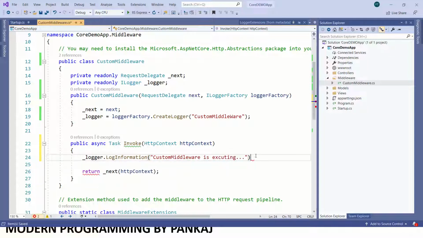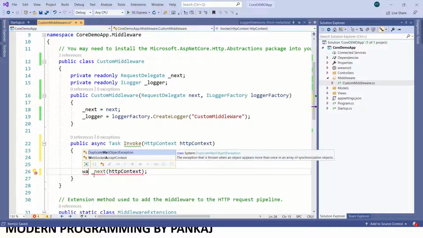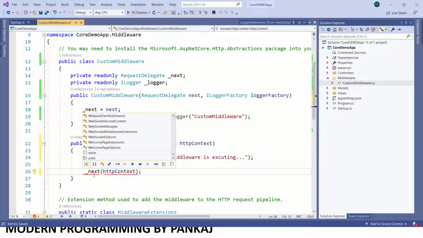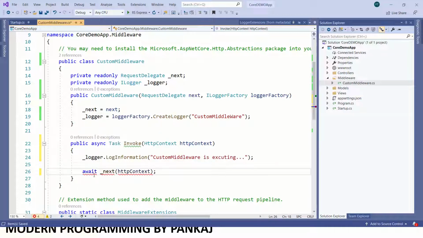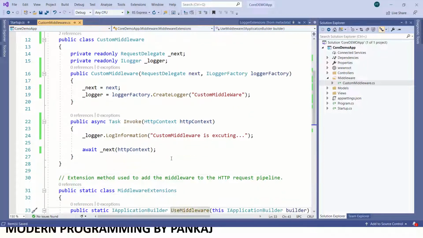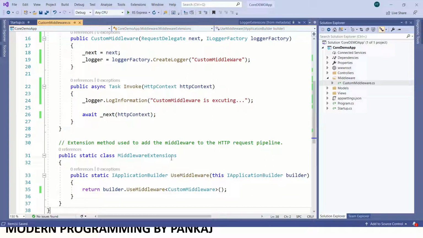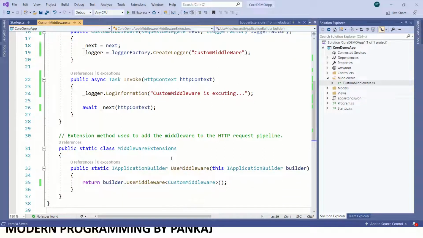Now we have to use the await keyword, so it is calling the next method. This is how I have written my custom logic here.